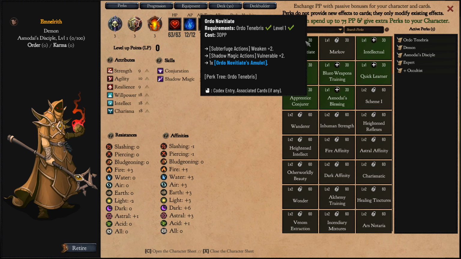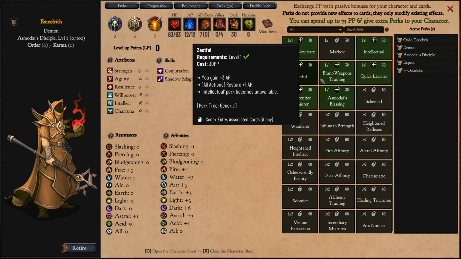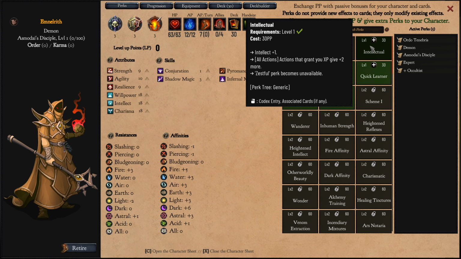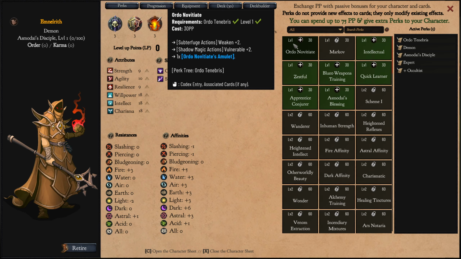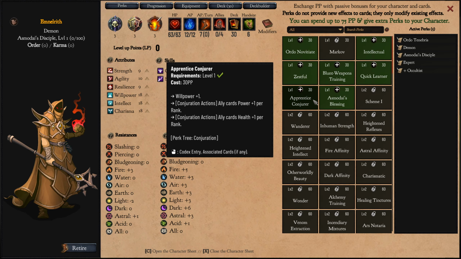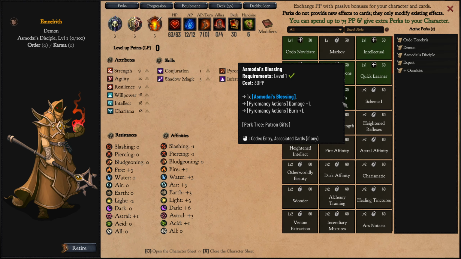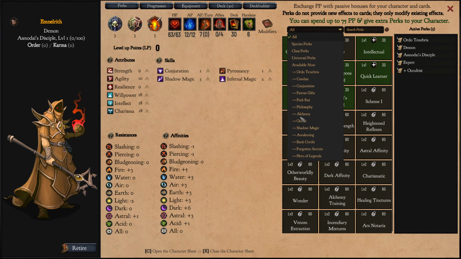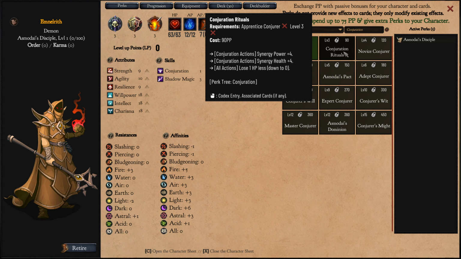But this is a part of those 4 here. Intellectual, zestful, weapon training are kind of generic traits, not linked with anything else. Those 3 traits, order, novitiate, I guess, apprentice, conjurer, and Asmodee's blessings are first traits in chains. So if we take here and pick, I guess, conjuration, you see that to pick this one at level 3, we'll need to get